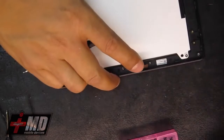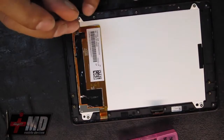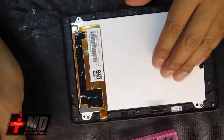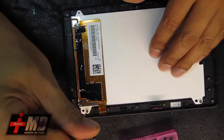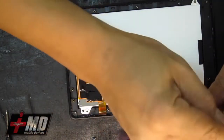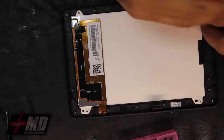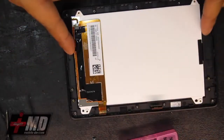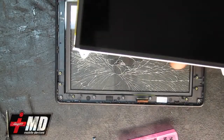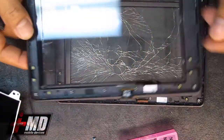Now what we have is just the LCD that's exposed. So we're going to go ahead and take out the LCD. And there are 4 screws holding the LCD. We're going to keep them outside here so we can get to them. Okay. LCD comes off clean. Do not touch this LCD. All right, so now you can compare the frame. So this is the old